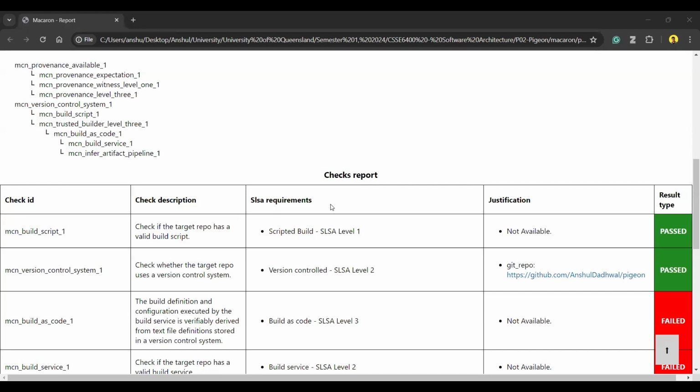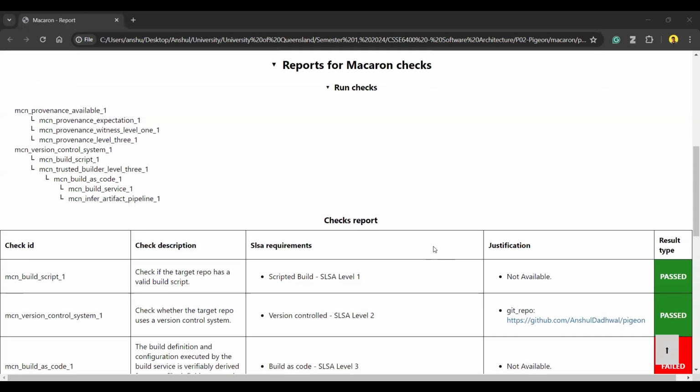Looking ahead, as Pigeon becomes more complex, Macaron can continue to enhance security by adapting its customizable checker platform to include new and evolving security requirements. This adaptability ensures that as Pigeon's architecture and dependencies grow, the integrity and security of its supply chain remains robust. Regularly updating and extending Macaron's checks will allow Pigeon to maintain its high security standards, meeting the evolving threats